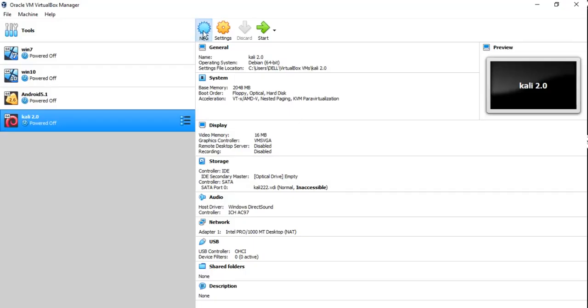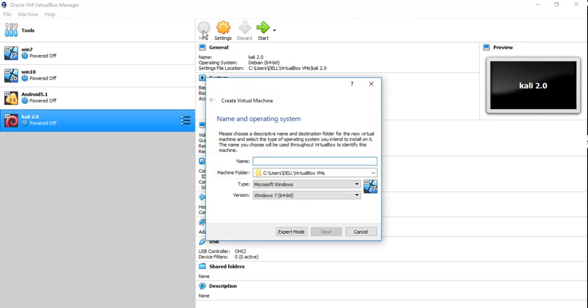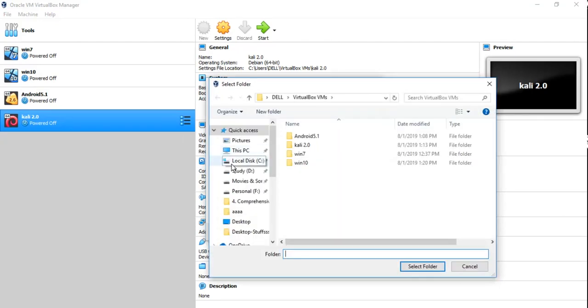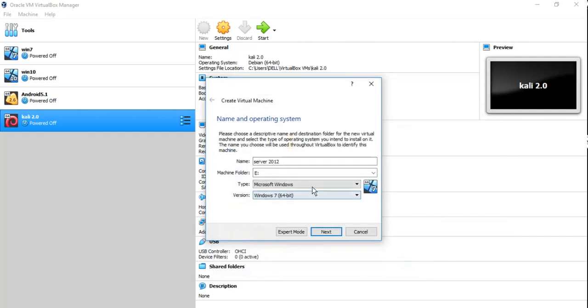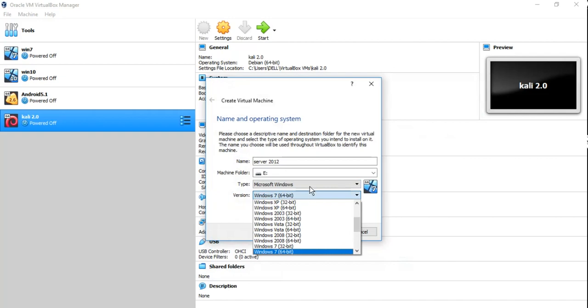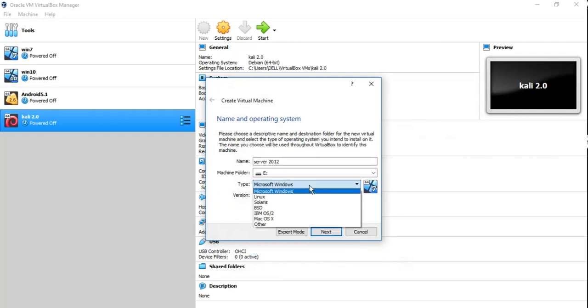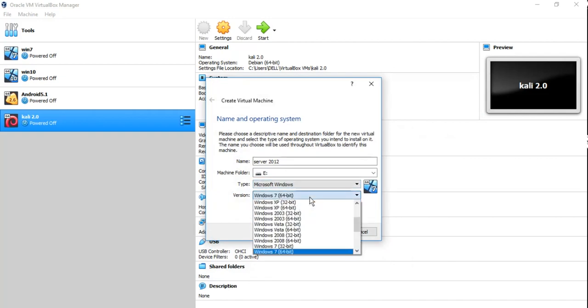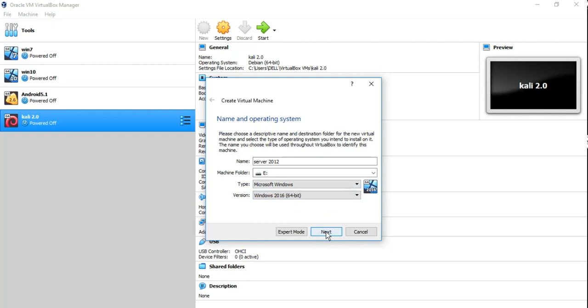Now, as always, give the name first, that is server 2012. Select the location, other, okay, select the version, Microsoft Windows, okay, let's select this one, click next.